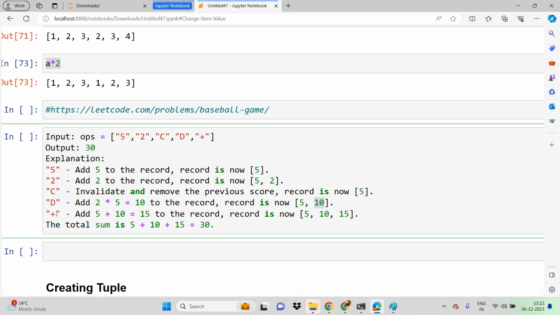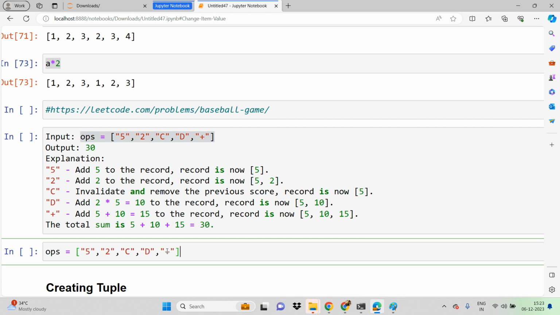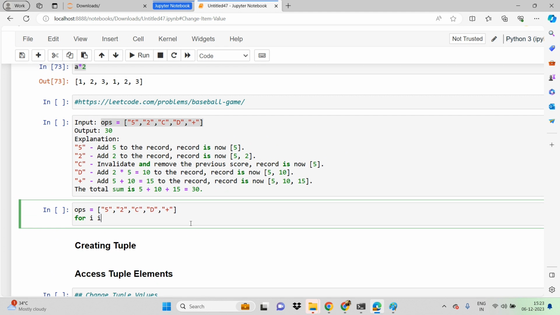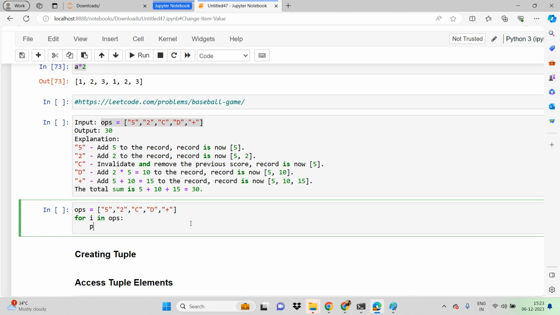Now the third one, plus. Whenever you're getting plus, you want to take the last two elements and add them, and append the result to the list. So let me solve this problem, guys. Let's say I'm just taking this ops. How can I run this ops in a loop? For i in ops, and if I print i,